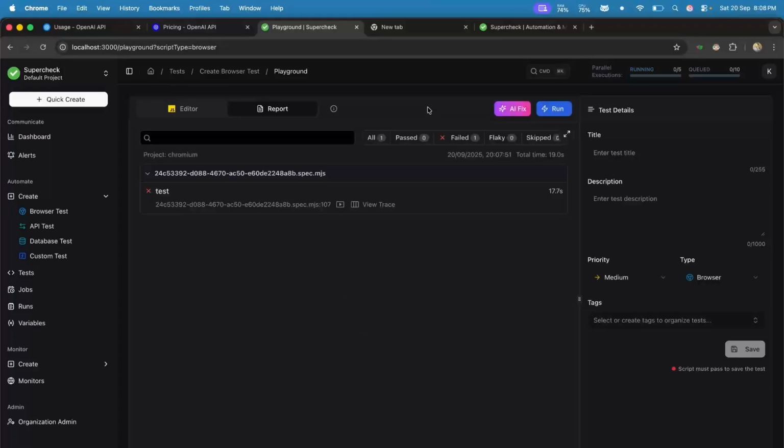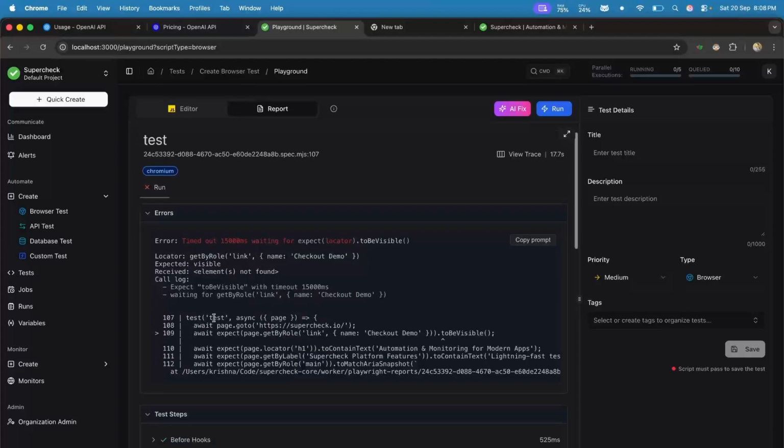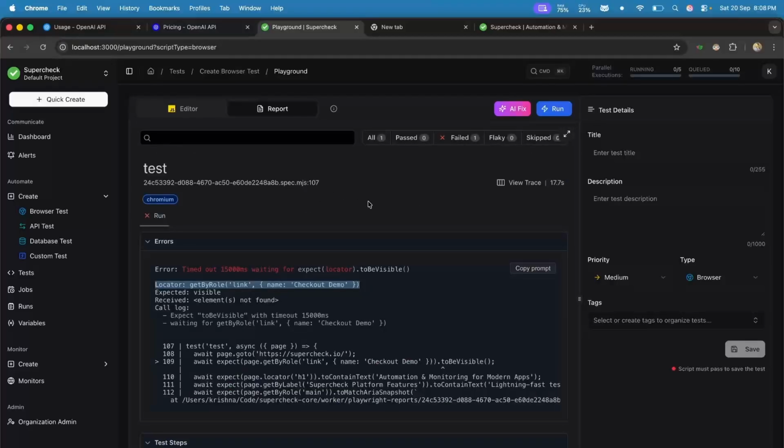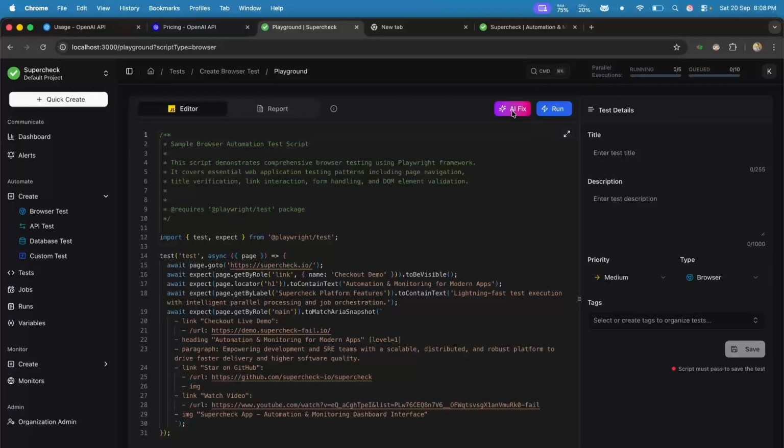It takes some time. So it took 17 seconds. All right, so let's see the report. So yeah, it failed on the first locator, because we changed from checkout live demo to checkout demo. So that's what it's complaining. So all right, now when a test fails, you will see this AI fix button. This will only be visible when a test fails. So you can press it. I'm going to press it, and this will make a call to the LLM, and we'll see the response from the LLM,